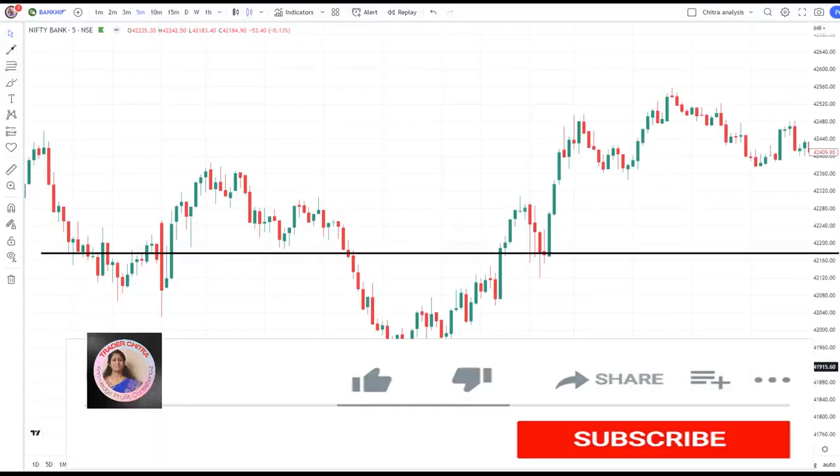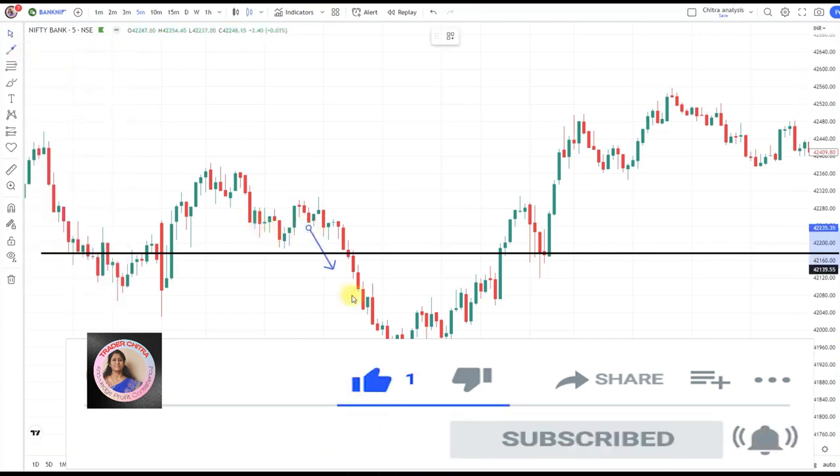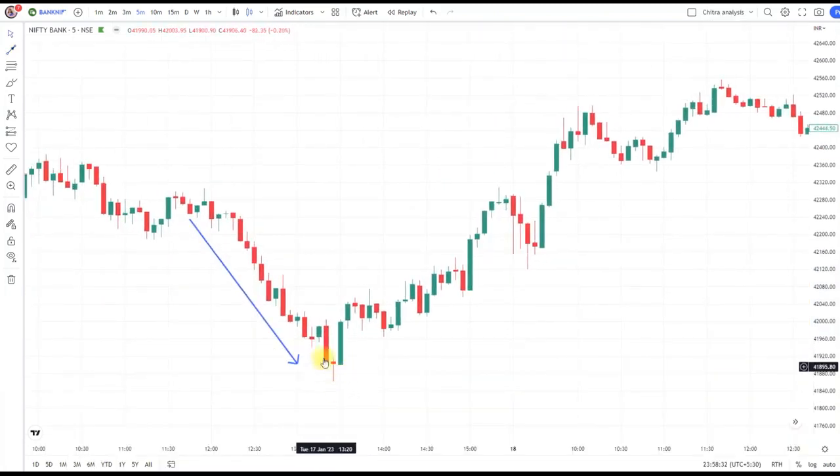Now we can see how to trade using the dragonfly doji. So here the price is in the downtrend. Okay, so we got the dragonfly doji at the bottom of the trend. As we discussed earlier, if we get the dragonfly doji at the bottom of the trend, one can enter into the long trade if the high is broken. This dragonfly doji is a bullish candlestick pattern. So if we find the dragonfly doji at the bottom of the trend in any time frame, we can enter into the long trade if the high is broken.